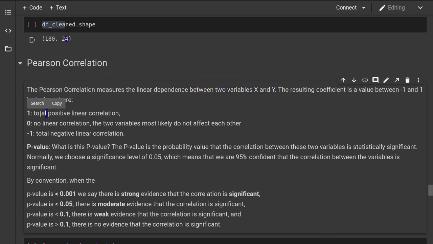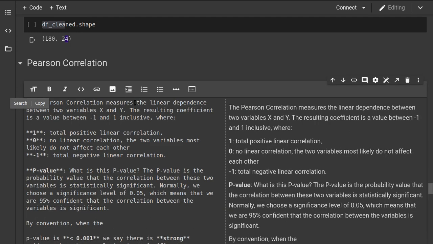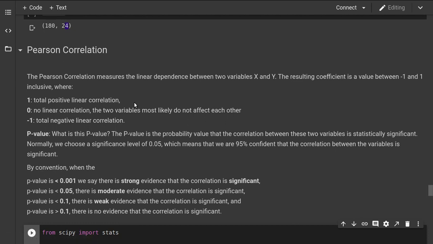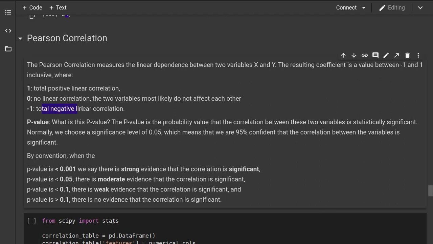If the Pearson correlation value is close to 1, then it shows that there is a total positive linear correlation. If it is 0, then there is no linear correlation. If there is a -1 value, then there is negative linear correlation.